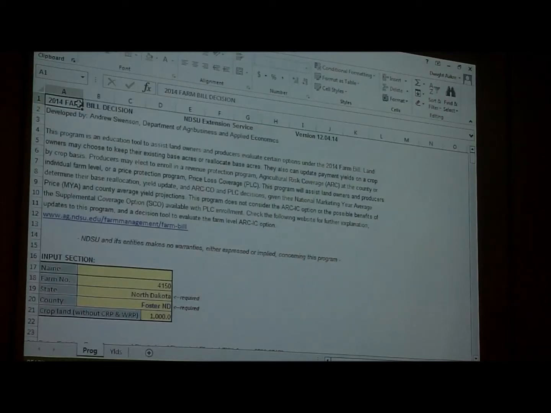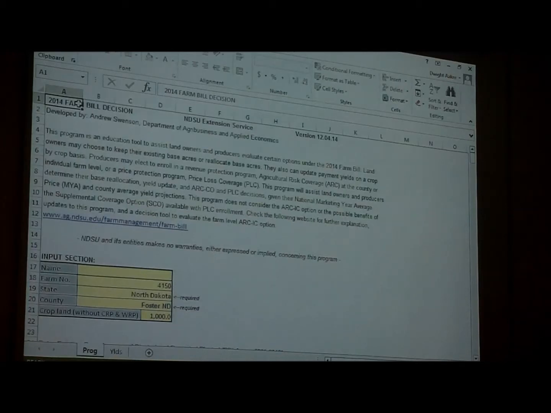I'm guessing we're pretty well done with it. But he did just about a week ago put a newer version on it with some updated prices. And that can help in your decision a lot. If, or when, you do download it, you've got to identify, if you're all in North Dakota, you'll want